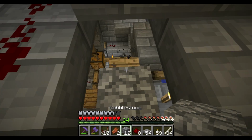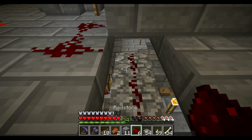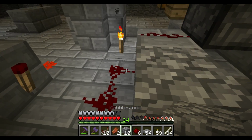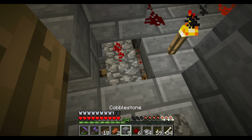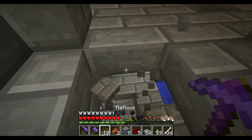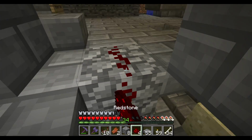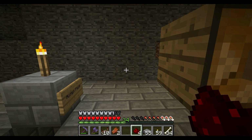All right, that goes there. 4. Oops, and that'll cut off there. 5. All right, there we are. That's what we needed. That's the signal we need right there. Now that will have to go into...